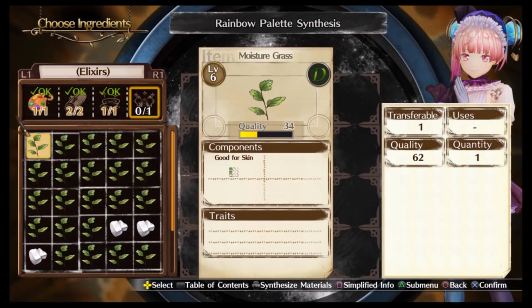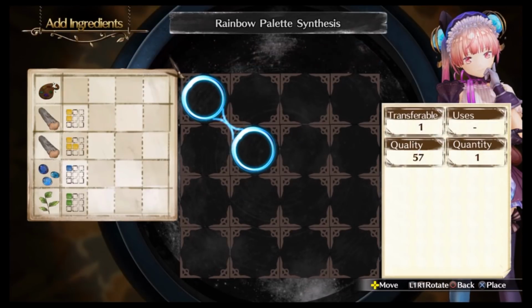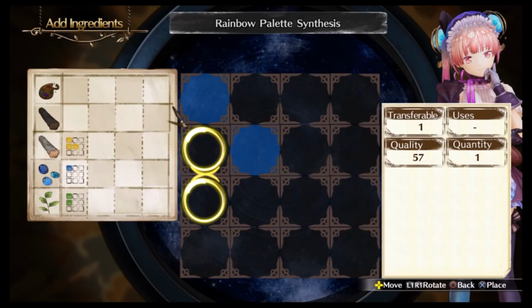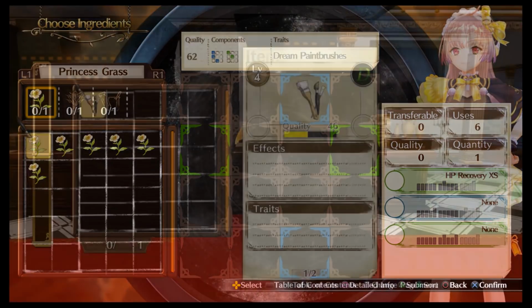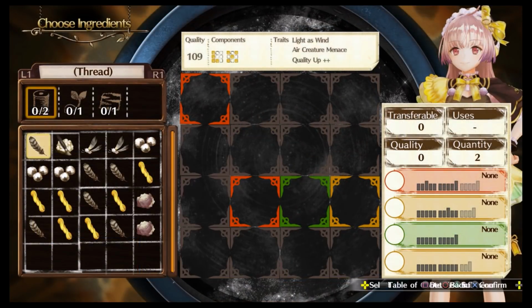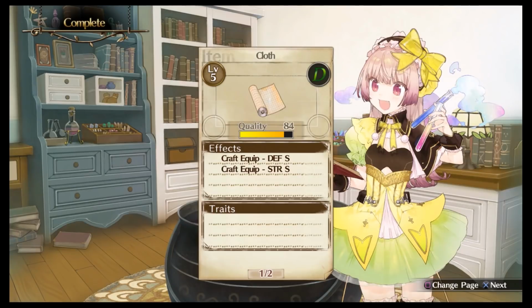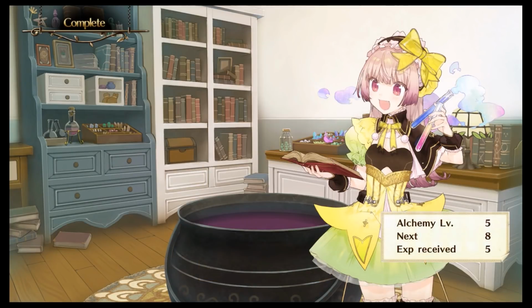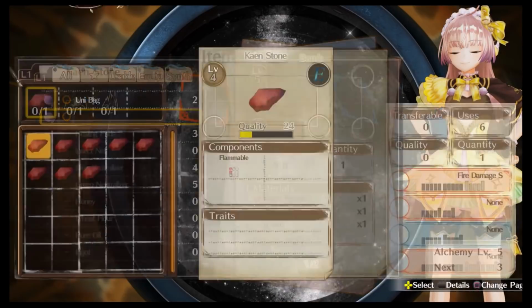Atelier Lydie and Suelle's synthesizing board also makes its many tasks a lot of fun, as it provides a lot of customization for those who want to make the absolute best alchemy item, or just the bare minimum of what's needed to pass a test or do a task. You can choose to use high or low quality items depending on requirements, and there are plenty of item traits such as increasing HP or making an item be low price that can affect how items work in battle, or how much they sell for in shops if you decide to sell them, and this makes for a pretty thoughtful